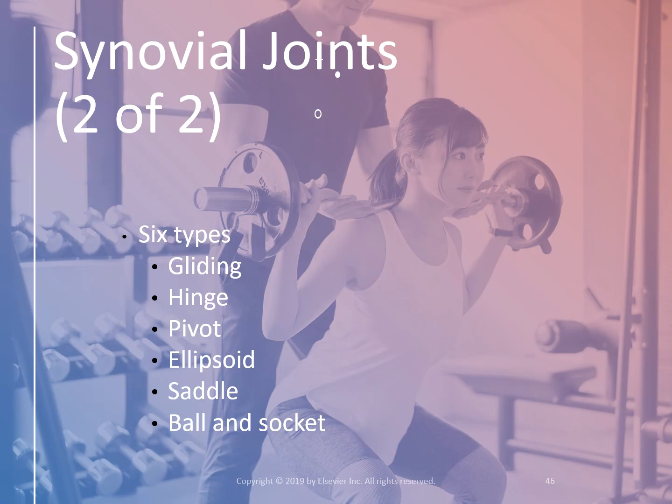Gliding, hinge, pivot, ellipsoid, saddle, and ball and socket. Okay. The hips are ball and socket, by the way. The knees are hinge. Okay, so in the next few slides, I'm going to give you examples of each of these, and that's probably how the quiz questions are going to go. An example of a hinge joint is, and then I'll list like 4 joints, and you'll have to say either knee or elbow, because those are basically, well, the interphalangeal joints of the fingers are also hinge joints too, but